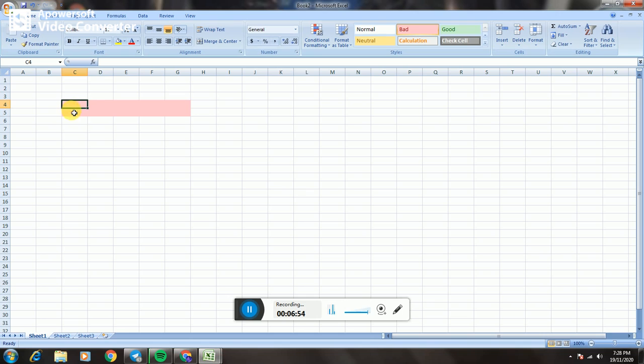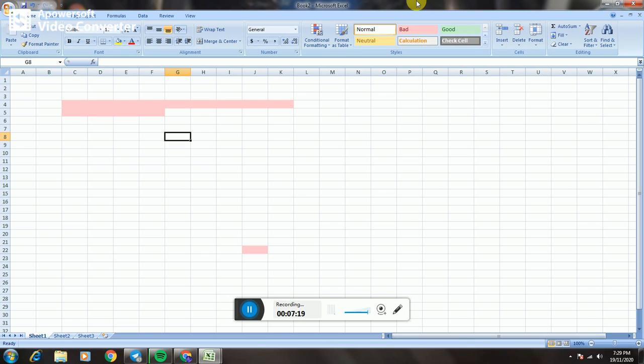Point the mouse at the first cell of the range to be selected. Step 2. Hold down the left mouse button and drag it accordingly till the required cells are selected. Cell selection using keyboard. Press the Shift key and select the cells accordingly using arrow keys.